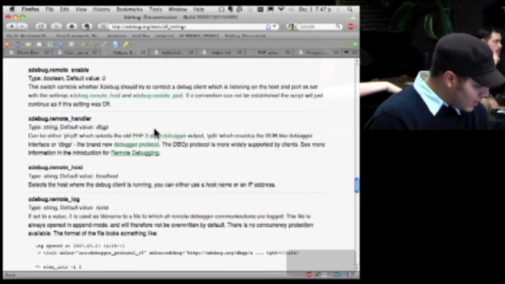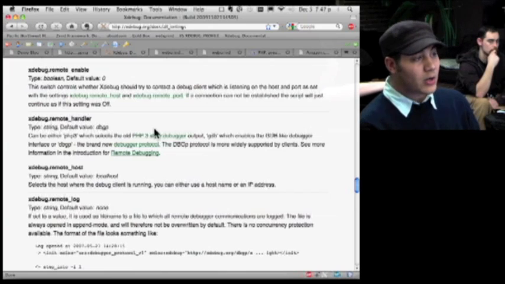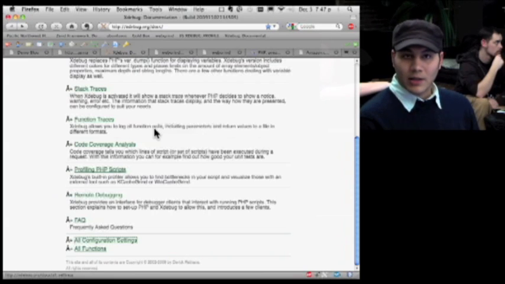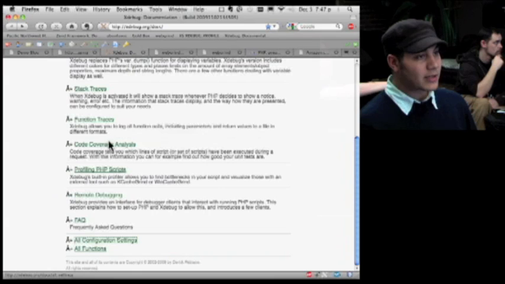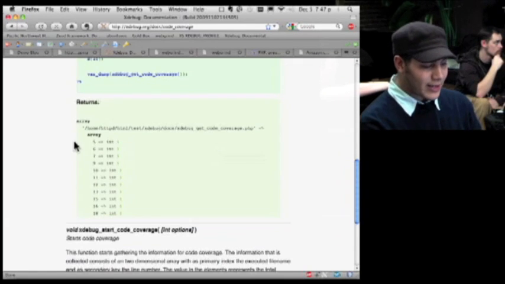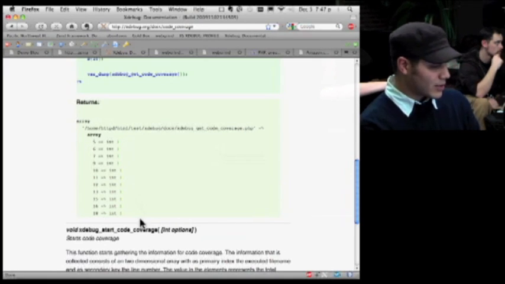All right. Finally, other features that I haven't covered tonight. Code coverage is actually pretty powerful. Code coverage basically outputs an array of every line that was executed during processing. It is not interesting or pretty to look at as a person. That doesn't really say much to me. But automated tools can use this code coverage output